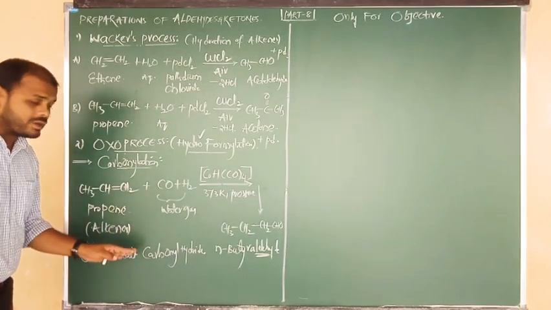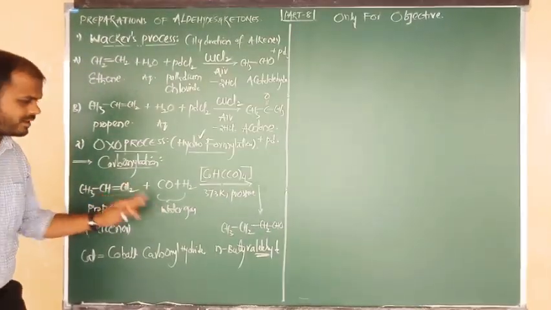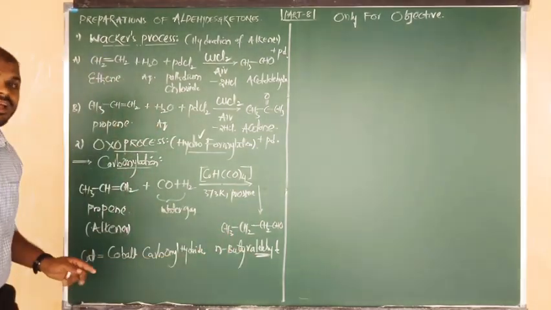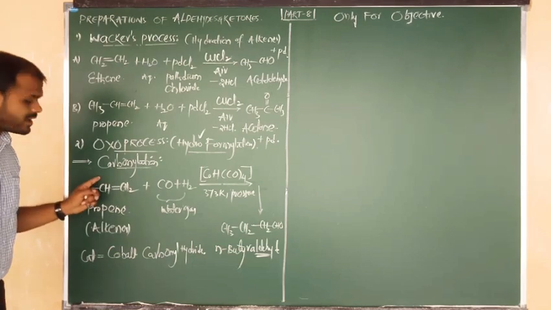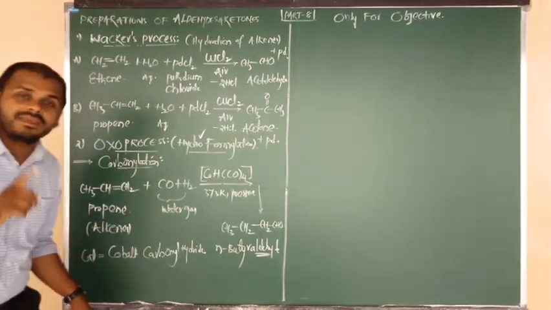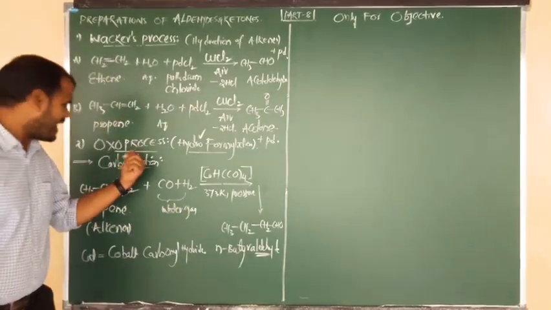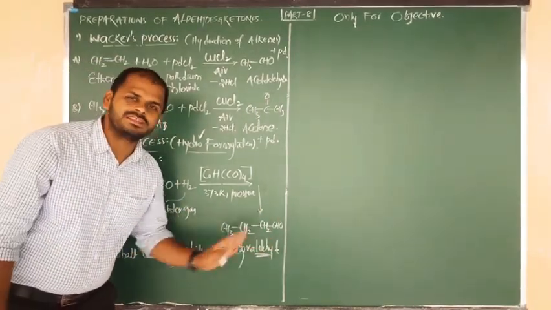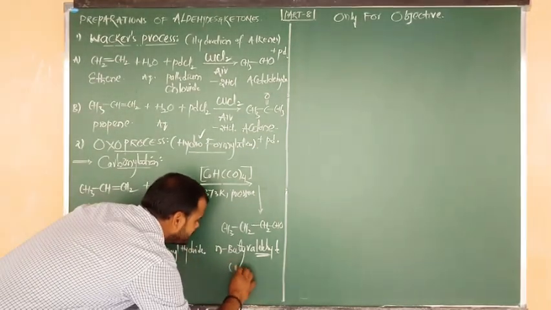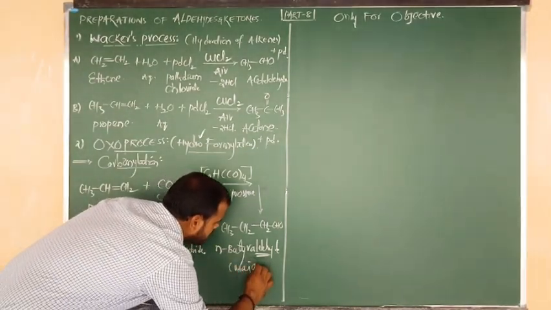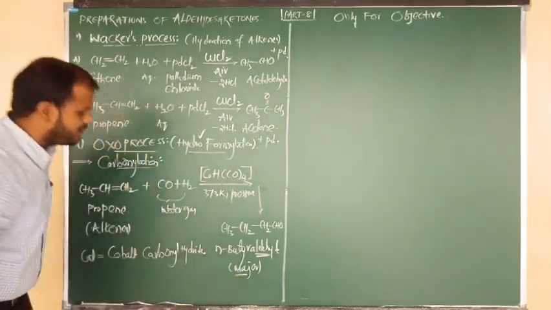So what I have told you here: H given to the second carbon, CHO given to the first carbon, then you get n-butyraldehyde. And also H can be given to the first carbon and CHO to the second carbon. In that case you will get isobutyraldehyde. But as per the oxo process, n-butyraldehyde is the major and more stable product. So try to remember this is the major product, the n form, not the iso form. Okay, all of you? Good.